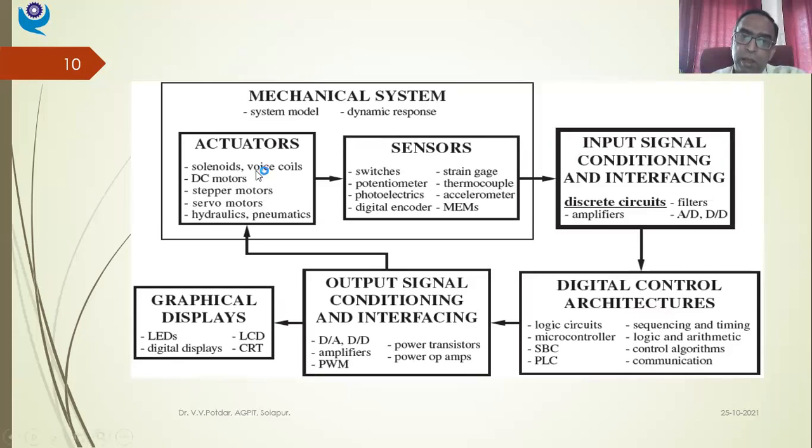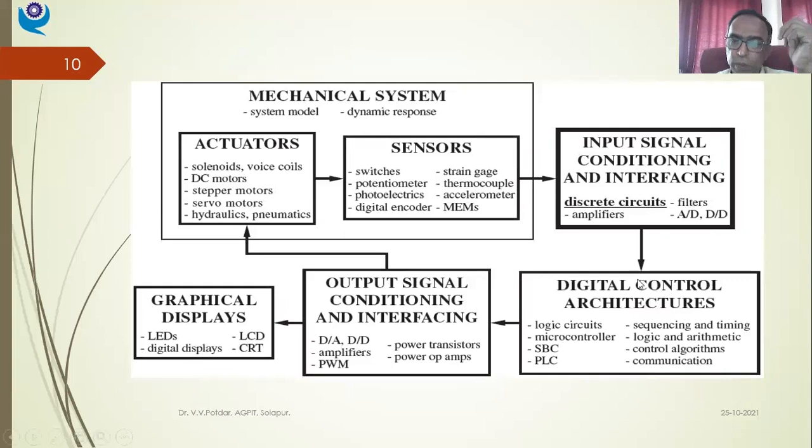Now this DC motor will not be able to receive the digital signal given by the digital controller, isn't it? It will be receiving only analog voltage signal for modification of, let us say, the field voltage of the DC motor.